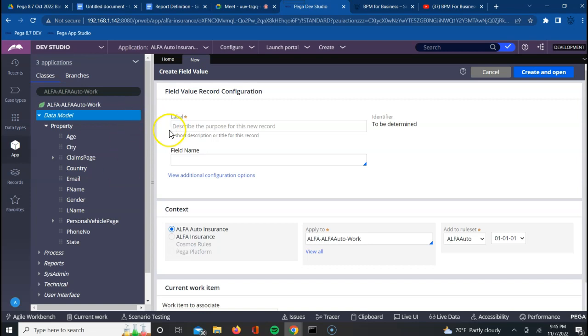Now it asks what label you want for this particular field value. Let us say for the vehicle info, I want pending vehicle info. Let me give that pending hyphen